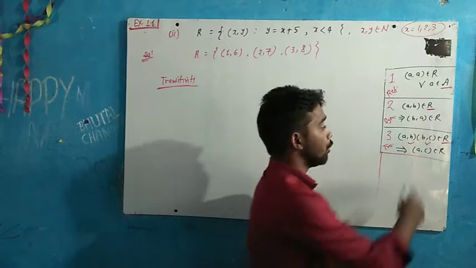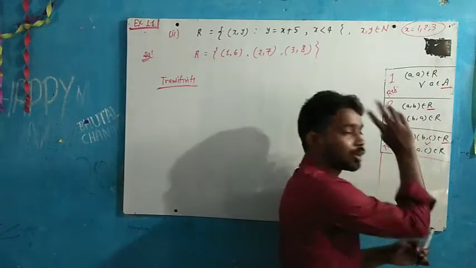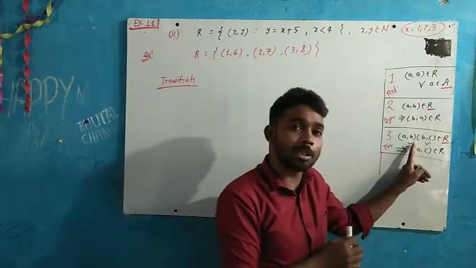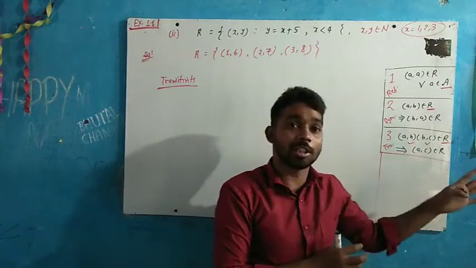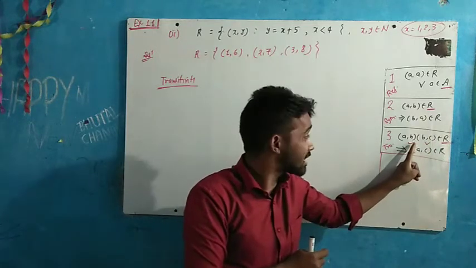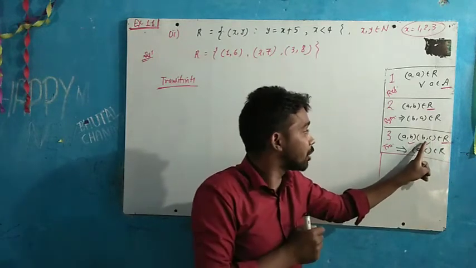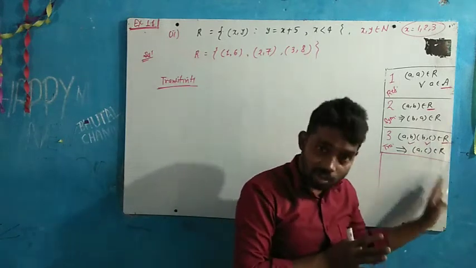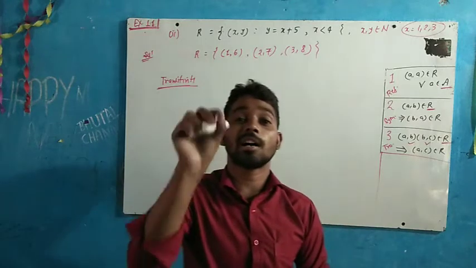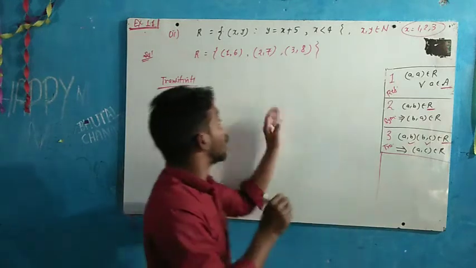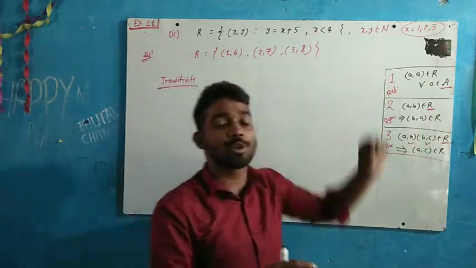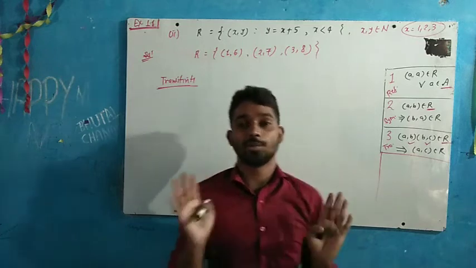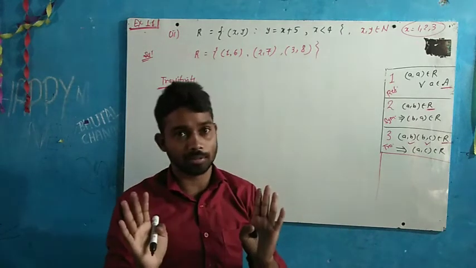It means if these two ordered pairs are taken, then we have to show the third. But suppose we are not able to get the two ordered pairs. It means only one ordered pair is present, the second ordered pair is not there. If A comma B is present, then no ordered pair starting from B is present. So no need to check for A comma C also. In this case, always keep in mind, no need to check for the transitivity. Already it is transitive. That is a very important point.